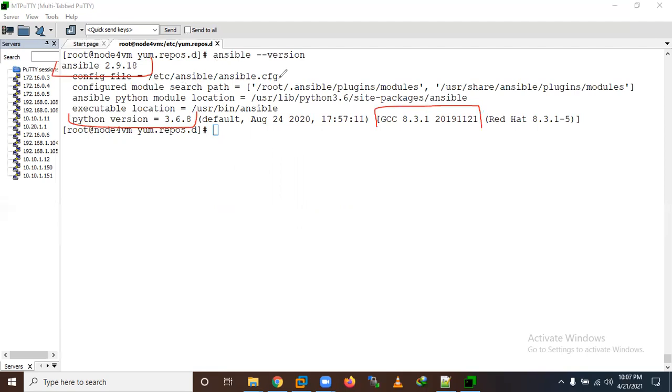So perfectly we have installed it. We have installed Ansible successfully.